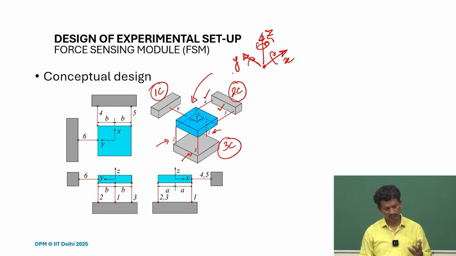So 3 plus 2, 5 gone. What is left is the translation along y direction. So if we put this 6th one, it will constrain the y translation as well. So now all the 6 DOF are constrained, fully constrained. So it's exactly constrained. And what we'll see is that any force acting on it, or any force measured by, or